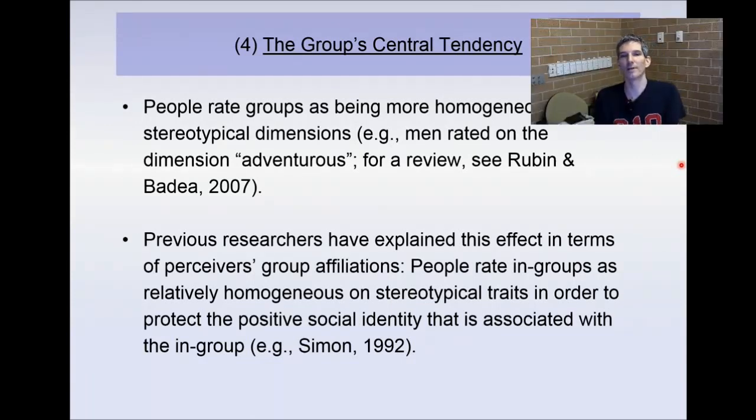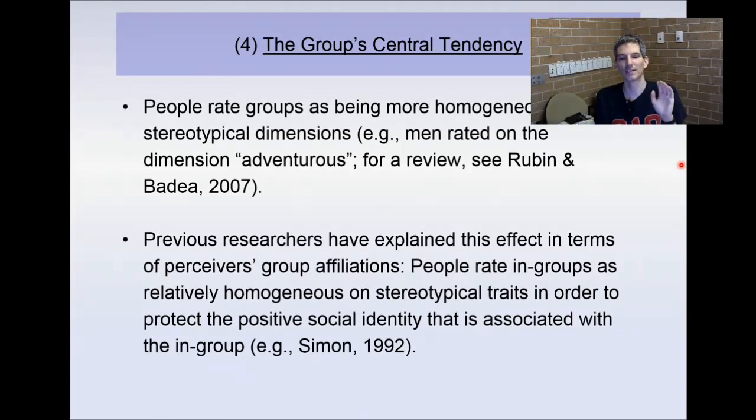which is that the whole area of perceived group variability stemmed from people stumbling onto this effect whereby people tended to see the in-group as more heterogeneous and the out-group as more homogeneous, right? And that's where we started off. And so researchers, as they carried on researching this area, always tried to relate it back to in-groups and out-groups. And that's what's happened here.